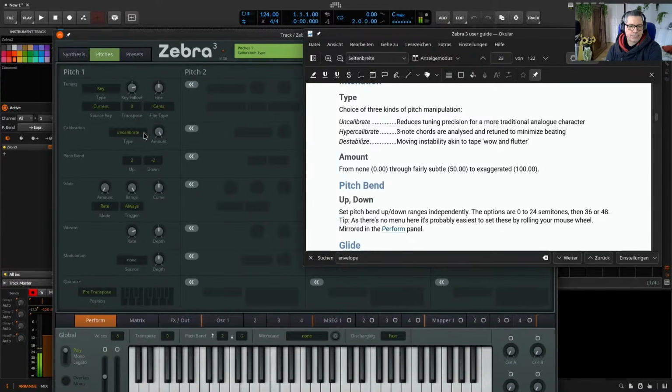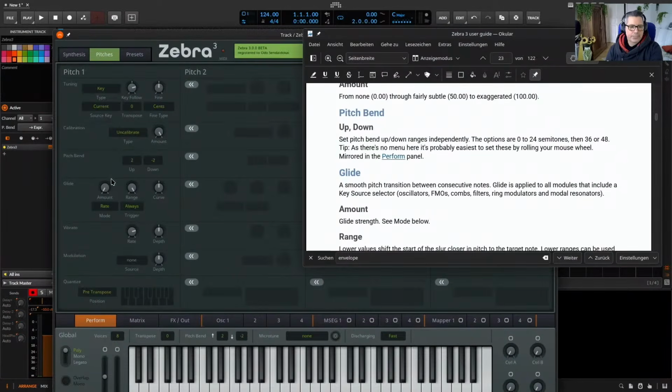Nice. Pitch bend, okay. Glide, yeah, that's